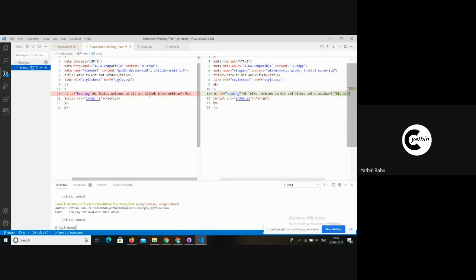So this is the way we can monitor changes whenever we introduce any changes within our source code, to compare it. And if we introduce any bugs within the code, we can revert back to the stable version, which I will also let you know how to do in a few moments. So let me commit it.